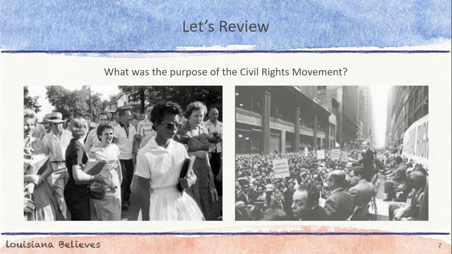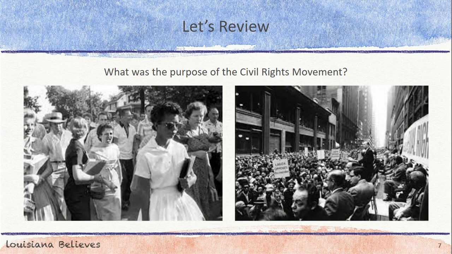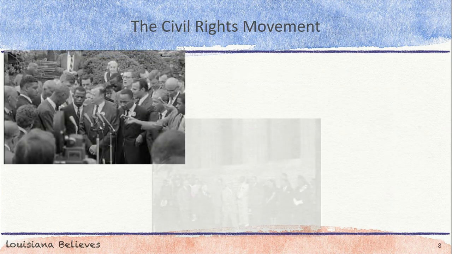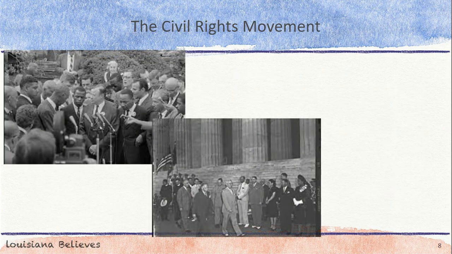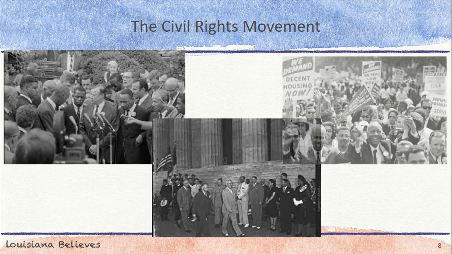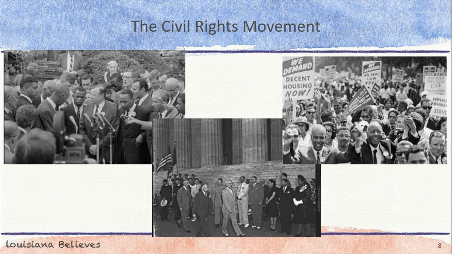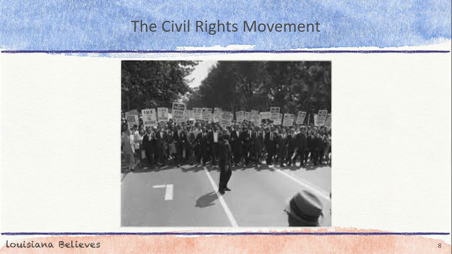Let's review. The purpose of the Civil Rights Movement was to end racial segregation across the United States and for Black Americans to gain equal rights. The foundation of the Civil Rights Movement was built by civil rights leaders, organizations, and activists who led hard-fought battles to pressure the state and federal government to pass civil rights laws. Nonviolent protests brought people of the nation together to tackle the core issues of the civil rights agenda. Let's look at a few well-known examples of nonviolent protests.